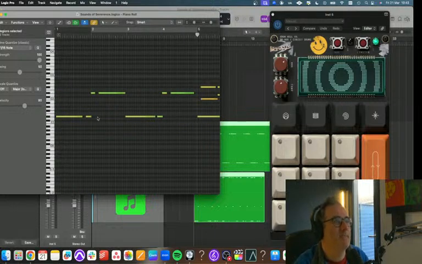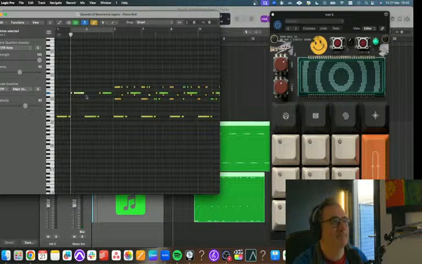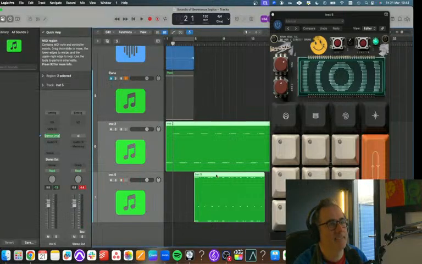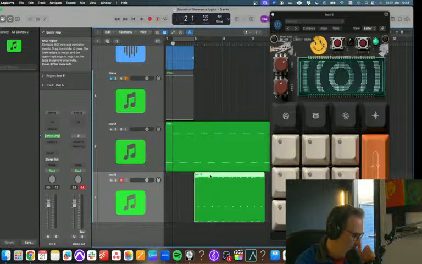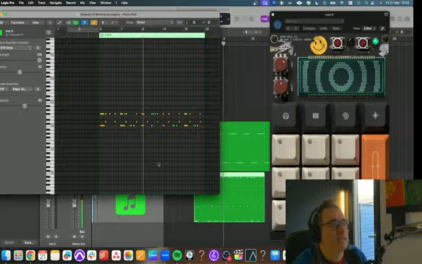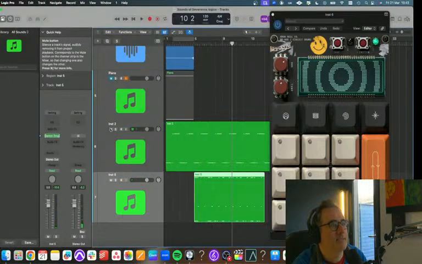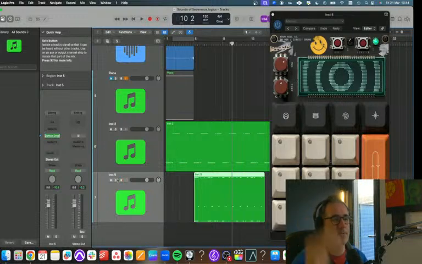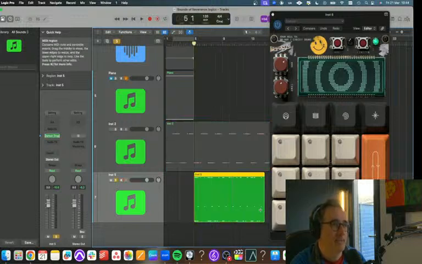But the good news is MIDI is very, very forgiving. So you can come along and you can fix everything. And I'm going to fix everything right now. That's when I actually played it right. I just want to hear the drums on their own because it's that glide. That glide is throwing me off because it's kind of boom. Well, that's my excuse and I'm sticking to it.